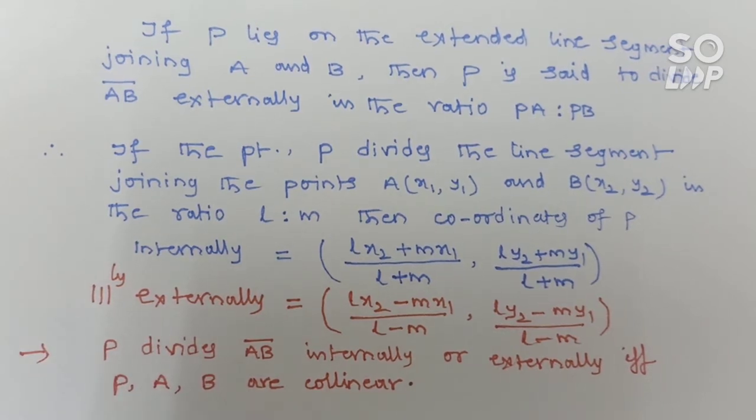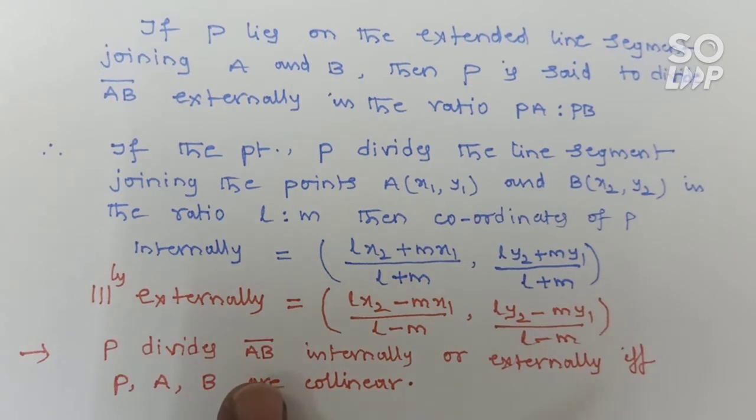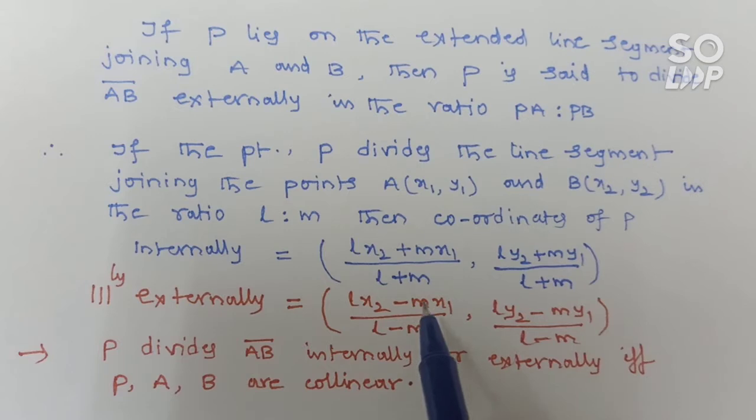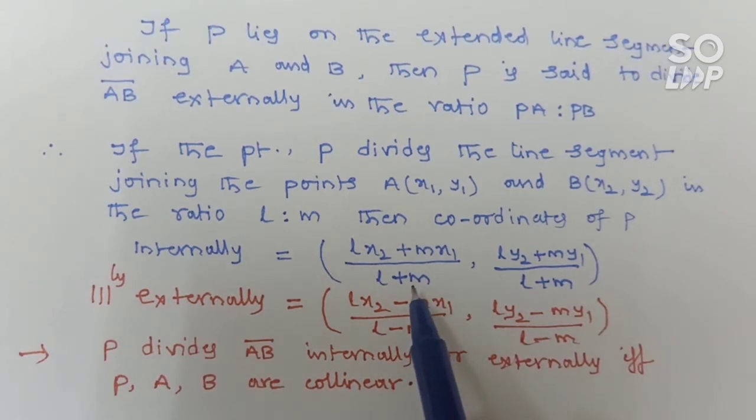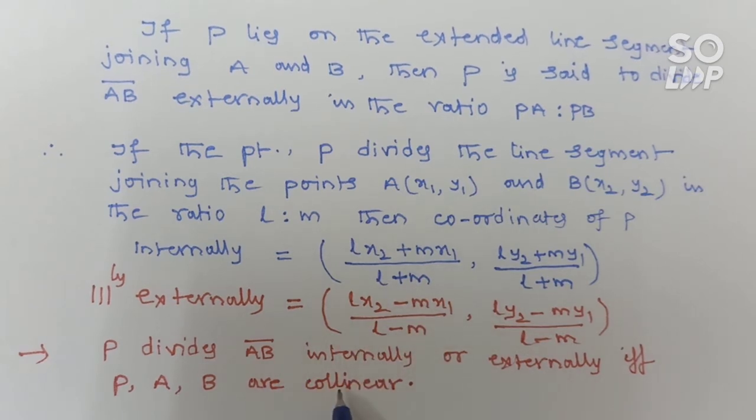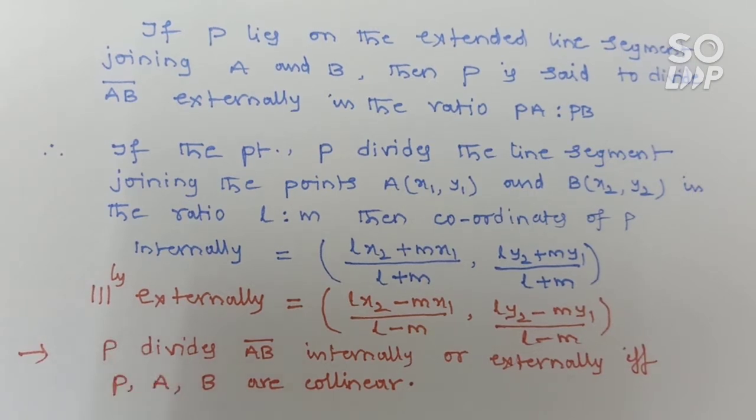Now the next one: suppose AB is divided by the x-axis or y-axis. Suppose AB is divided by the x-axis; in this case P divides AB. Now, instead of the point P, how can we find the ratio in which the x-axis divides the line segment? See, the next part is